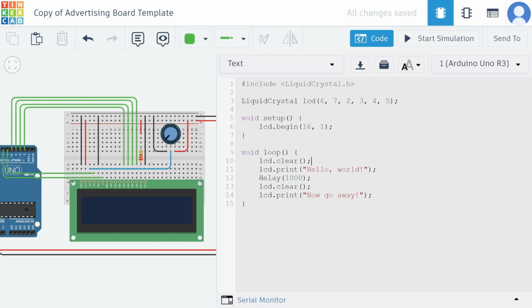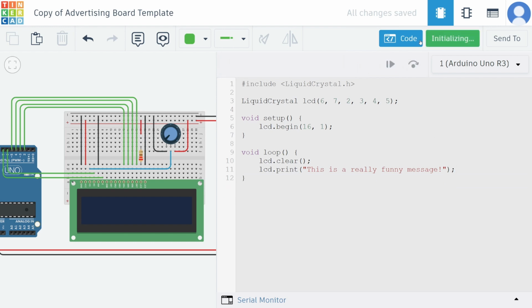Okay. So we've got lcd.clear. Then we've got lcd.print hello world. Okay, so I'm going to change that to one of my sayings. Now, I might just change it to, this is a really funny message, but please make yours an actually funny message. Be creative. And let's just see if that works. So if I hit start simulation,